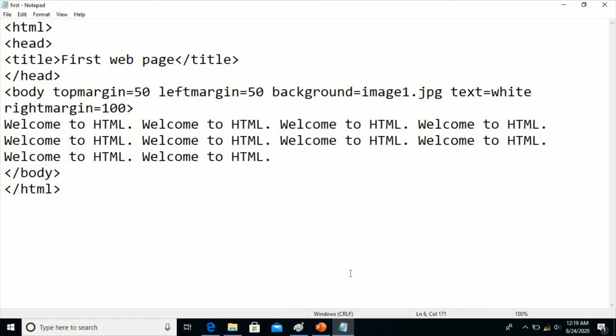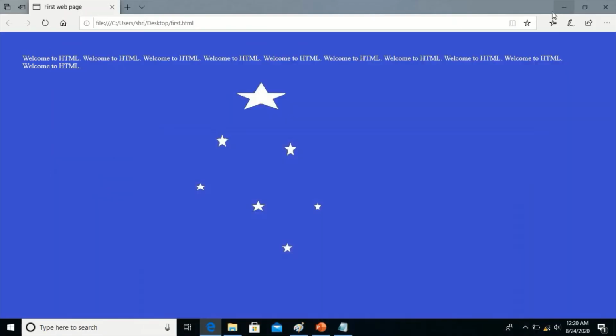There is one important point here when we use attributes. The attribute name what you have specified should be correct. For example, suppose the background attribute you have used is incorrect, then that particular attribute will not be applied on the web page.